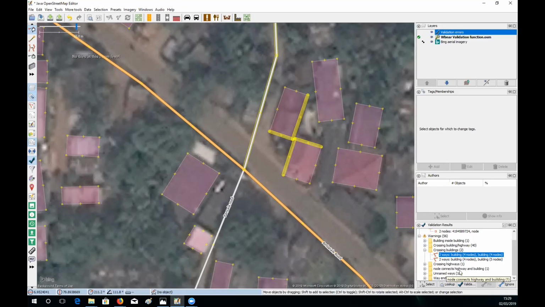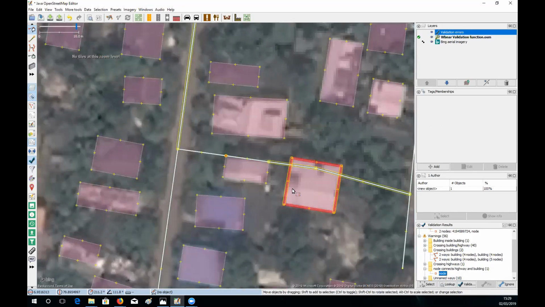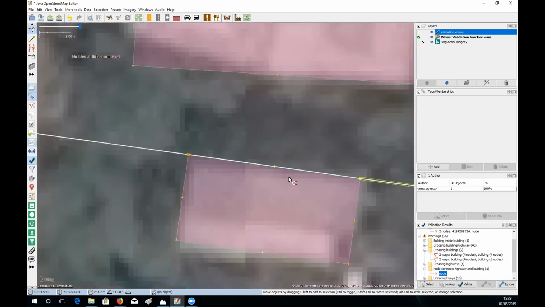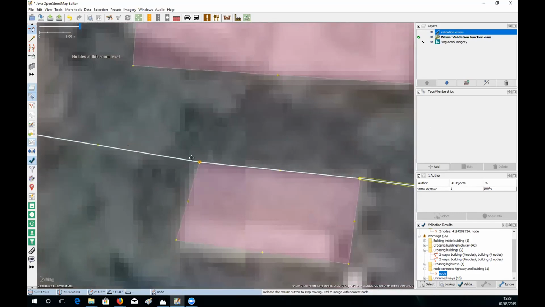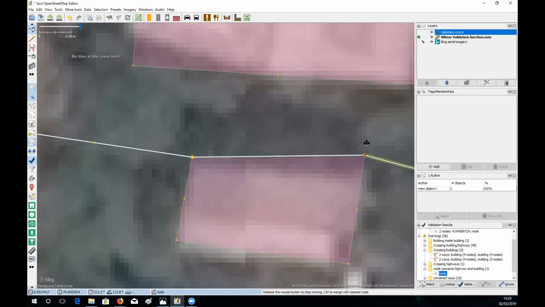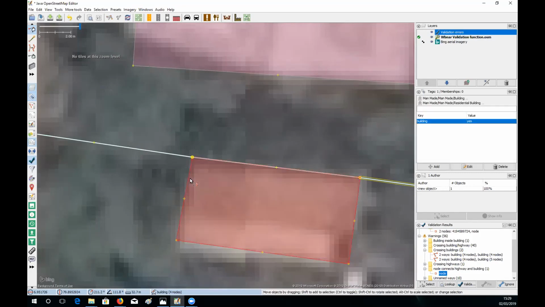Node connecting highway and building. Now, that's also something that's not very good to have. We should not have this sort of thing happening. You see that node is attached to the building. That node is attached to the building. That should not happen. So what we need to do is